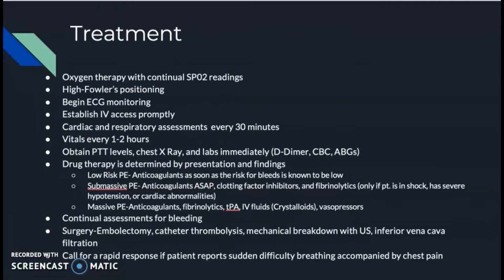So treatment's going to start with oxygen therapy, high Fowler's positioning, and getting a cardiac monitor going. IV access should be started right away. Then cardiac and respiratory assessment should be done every 30 minutes, looking for neck vein distension, comparing blood pressure between